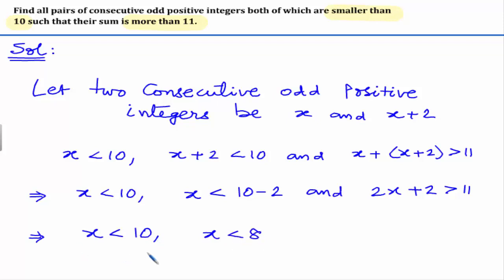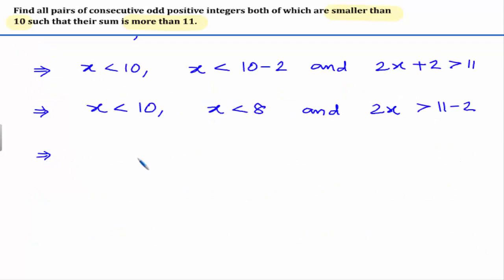That means x less than 10 is eliminated now, only x less than 8 remains. And here by subtracting 2 on both sides, we get 2x greater than 11 minus 2. Now we will not write x less than 10 because x is less than 8, so we take only one of the two conditions,